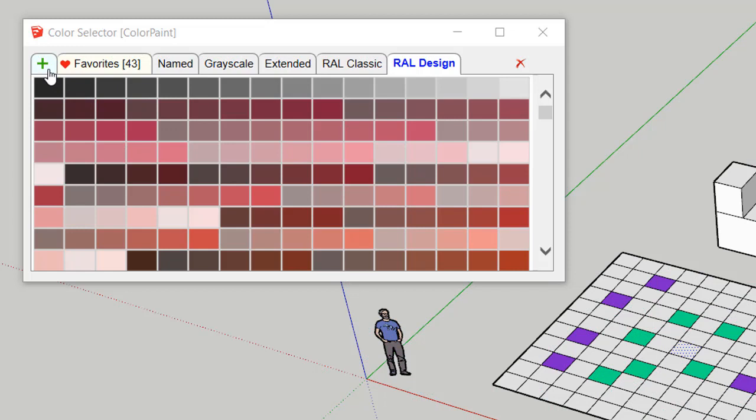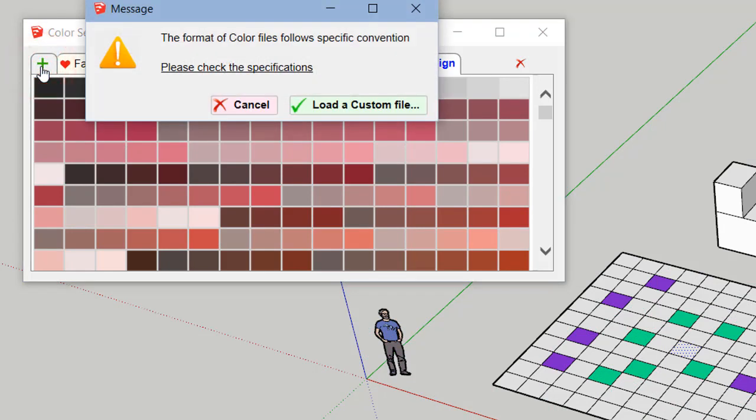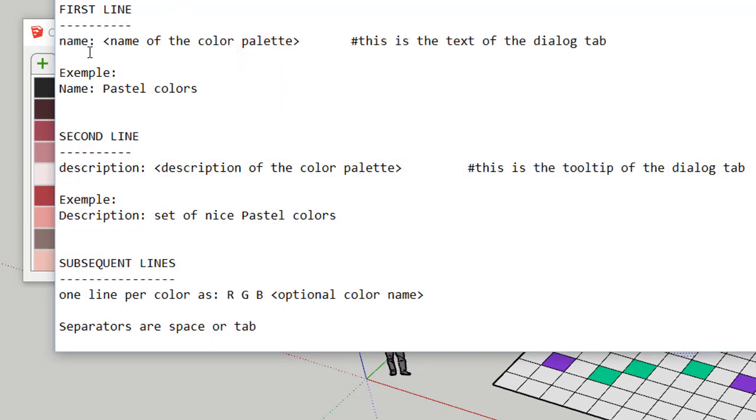You can add your own color palette, so just press the plus sign. A color palette file is a text file with a very simple specification. The first line has to be the name of the color palette, that is the text that will appear in the tab.